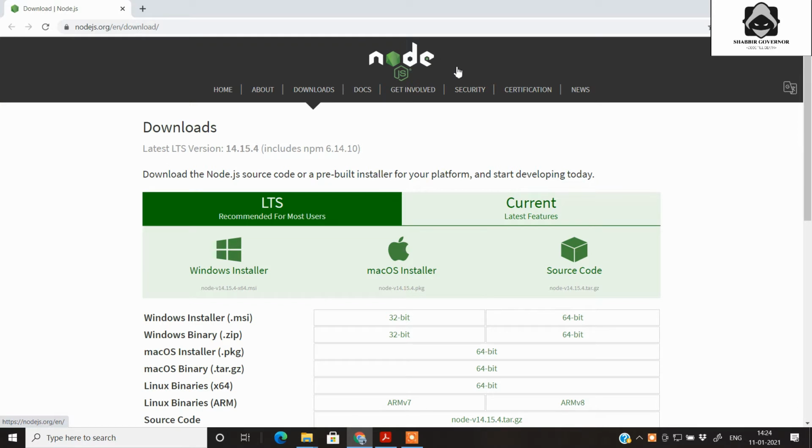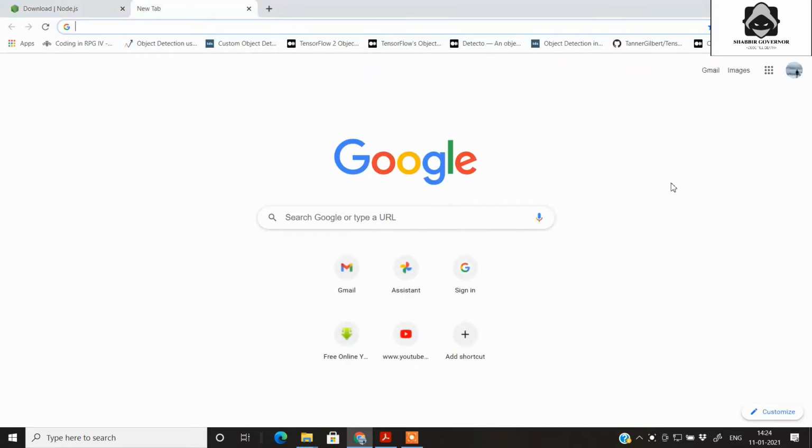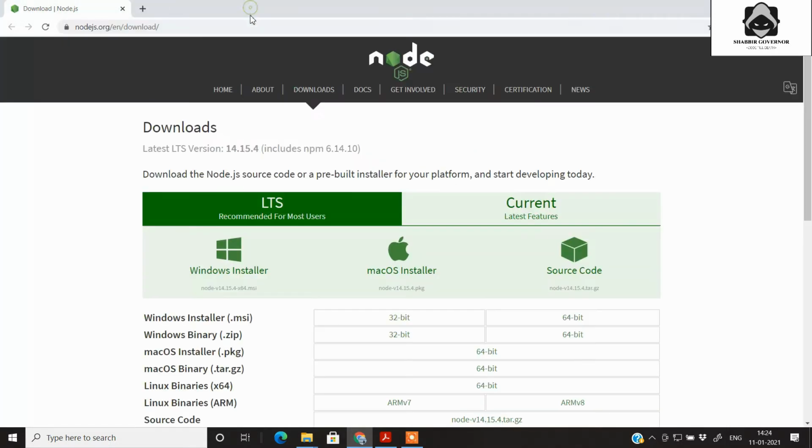So firstly, some introduction about Node.js, what Node.js is. Node.js is actually a runtime environment which includes everything you need to execute any JavaScript program. Basically, JavaScript can run on your browser. Any browser that you have has a JavaScript engine. So what Node developers actually did is that they took the V8 engine of Chrome and they made a backend software kind of framework called Node.js, which can help you to run JavaScript code.